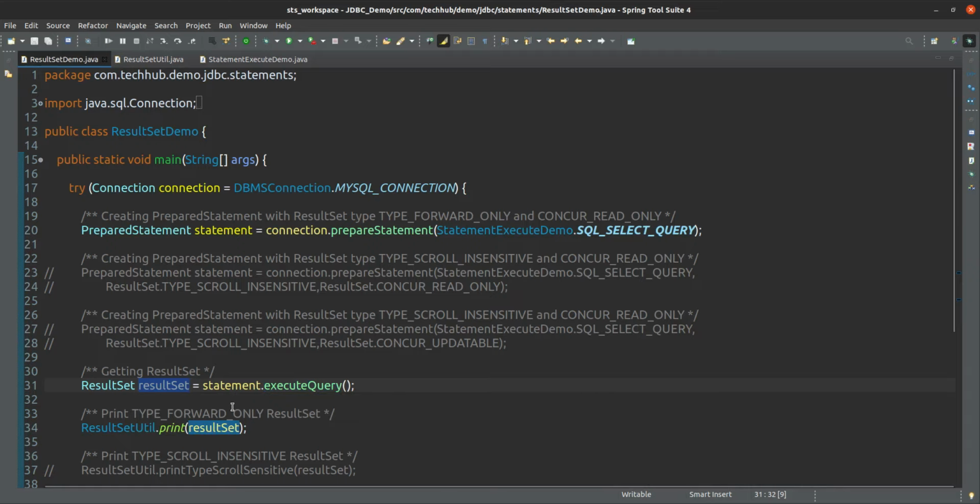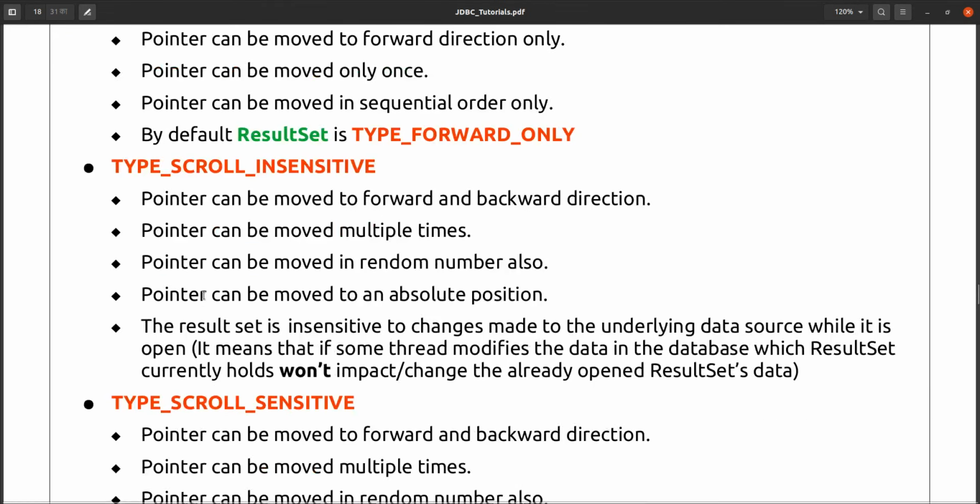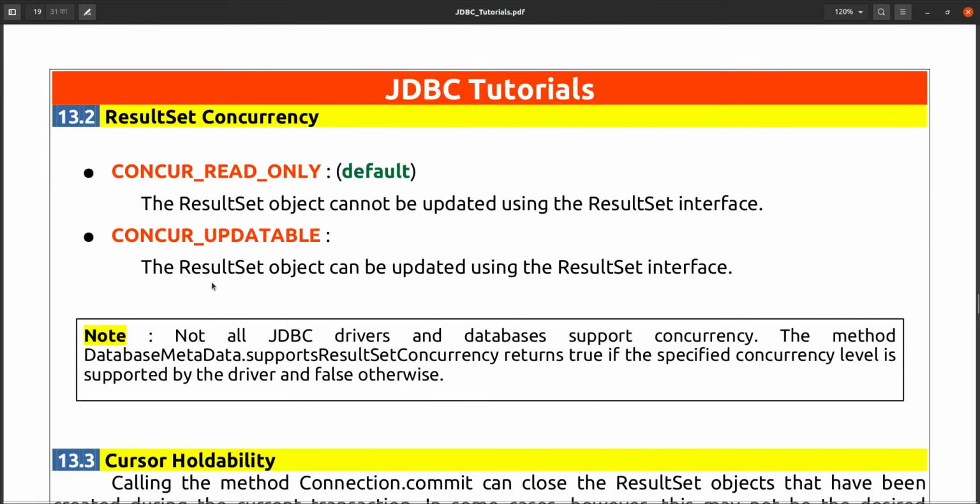Now this result set is of the default type. What is the default type? Type forward only, and read only. A result set has a concurrency also. Concurrency means the result set can be read only, or it can be updatable.